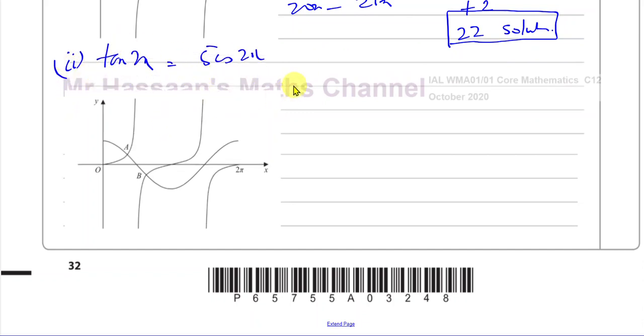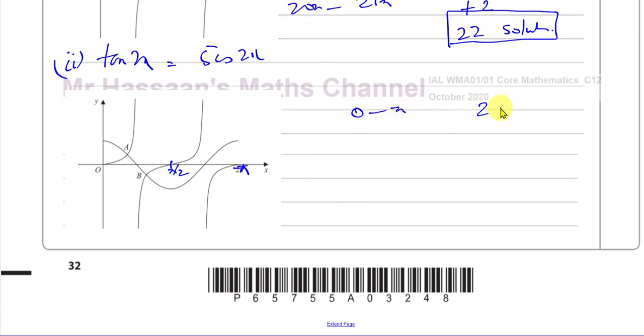So basically, tan x would be here between 0 and pi, and this would be 2 pi. For tan 2x, this would be 0, this would become pi, this would be pi over 2, and this would be pi over 4. That would be tan 2x. And same for cosine 2x, this would be pi over 2, this would be pi. Right? So we can see between 0 and pi,